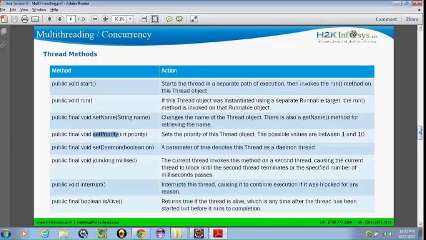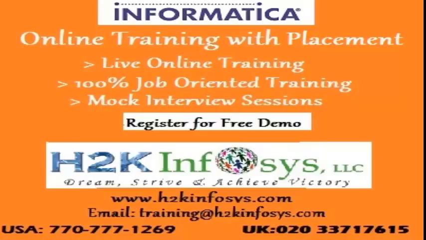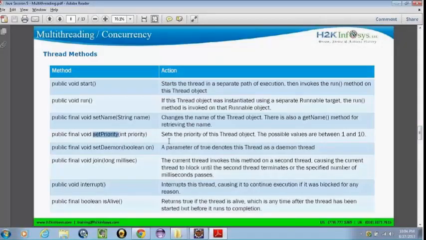And folks, we have the join method on the thread. So when we call the join method on a thread, what happens? It causes the current thread to stop until the second thread completes or terminates. When a thread invokes this method on a second thread, for example, I am executing in the main thread and I say t.join, the main thread stops until t gets completed.